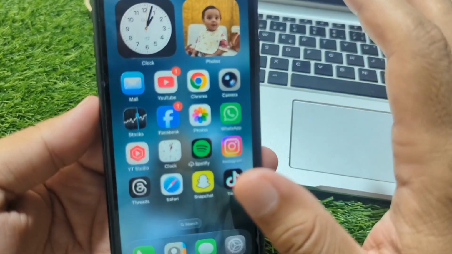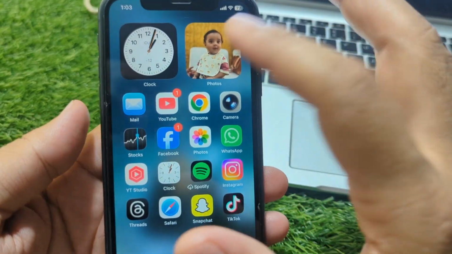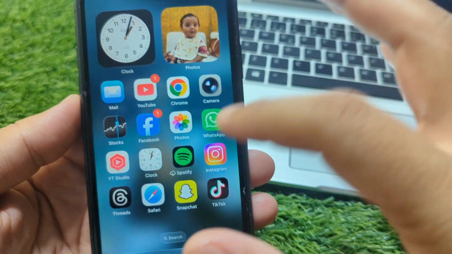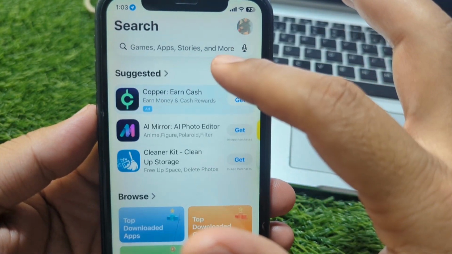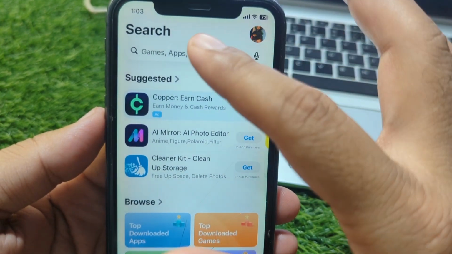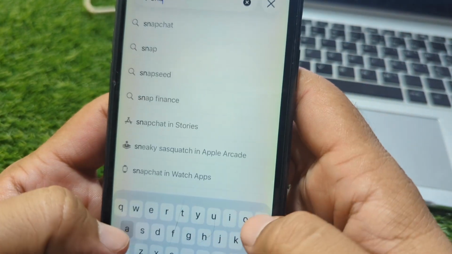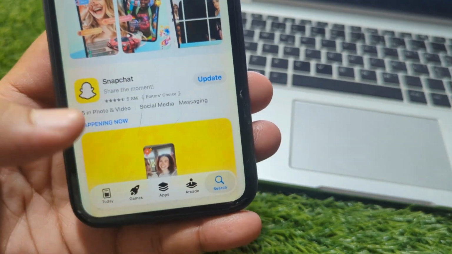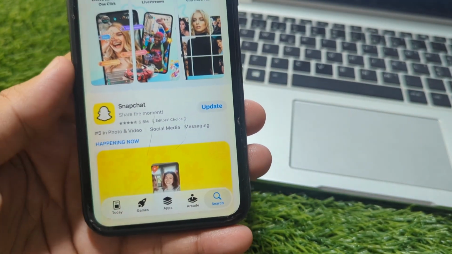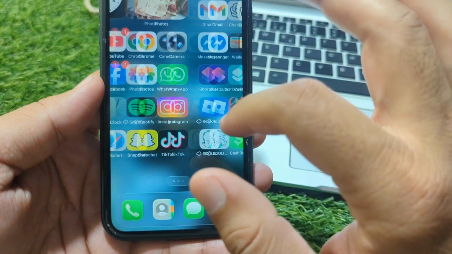So guys, first of all, go back to your home screen and now download and install the latest version of Snapchat on your device. So guys, for that, open your app store and search here for Snapchat, and then download and install the latest version of Snapchat app on your device. So guys, do this, and after this, open your Snapchat